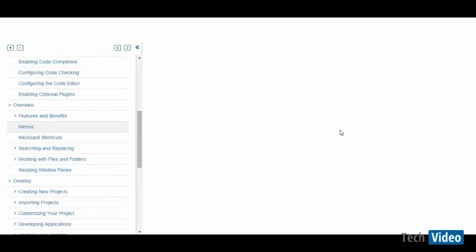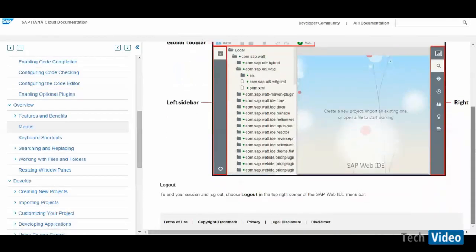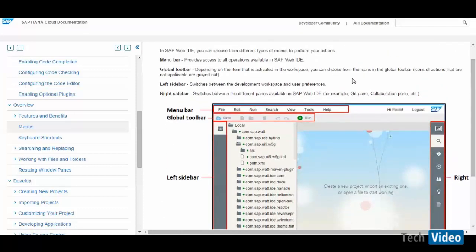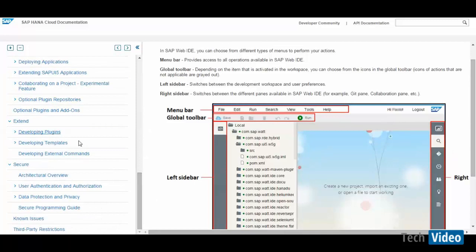So let me give you our overview. What are the things we have? This is what we have discussed in the slide. And the development perspective and how secure is it. That's the most important thing. How secure is it? Everyone thinks about it, like, my code sits in HANA, so why do we want